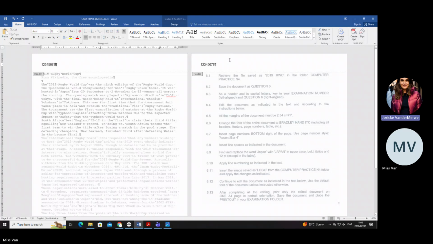Okay. Now that is how we go from left to right. Now please be careful. You cannot start your tab here because it's almost like something that pushes your text from one side to the other. So if you put it in front of your text, it's going to do that. That's not right. So please go to the end of your word, which it should actually be there because you've just typed the numbers. And then press it once. Then it's in the center. Is that right? No, because it needs to go to the right side.